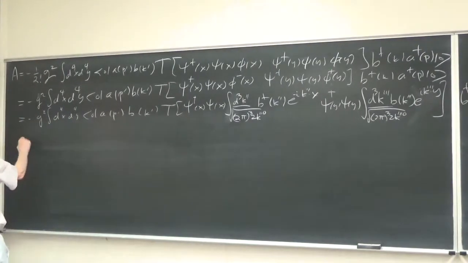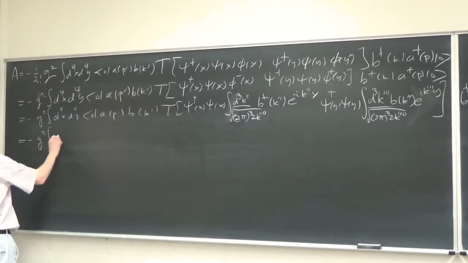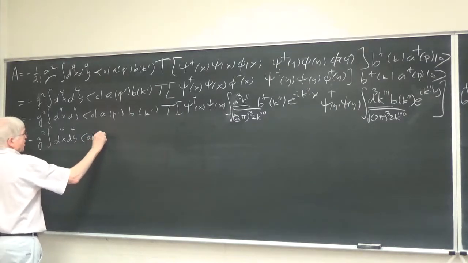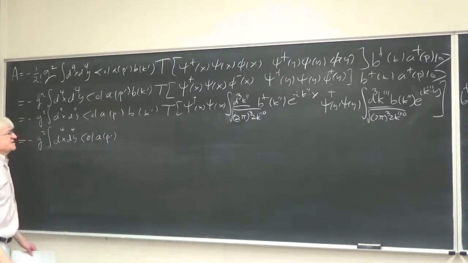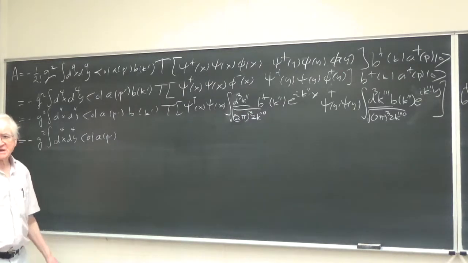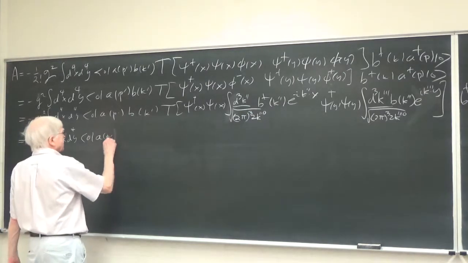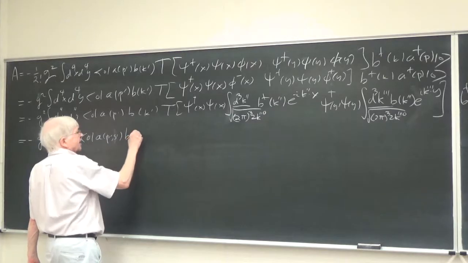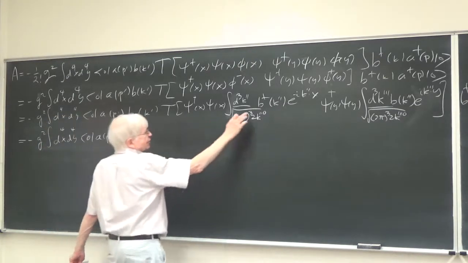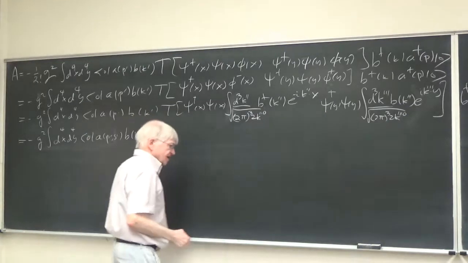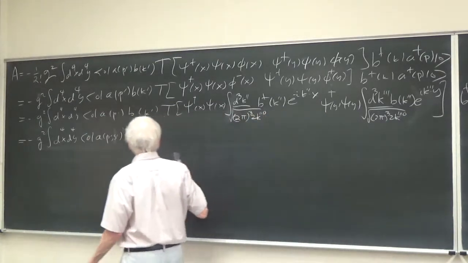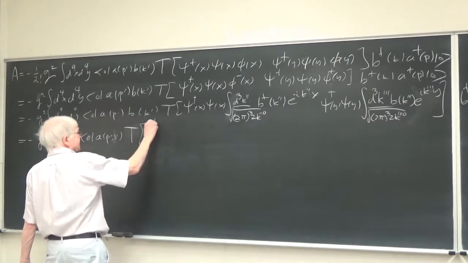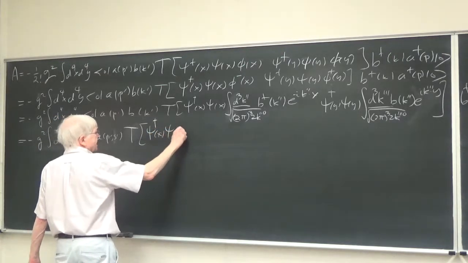And so the next thing then is g squared integral d fourth x, d fourth y, 0, a of p prime. Now this is a fermion. I should have included the spin. I've suppressed the spin. Let me put in the spin, s prime. I left that out. B of k prime with B dagger of k double prime, that's going to give us a delta function. And so this is gone, and what we have is T psi dagger of x, psi of x, and now